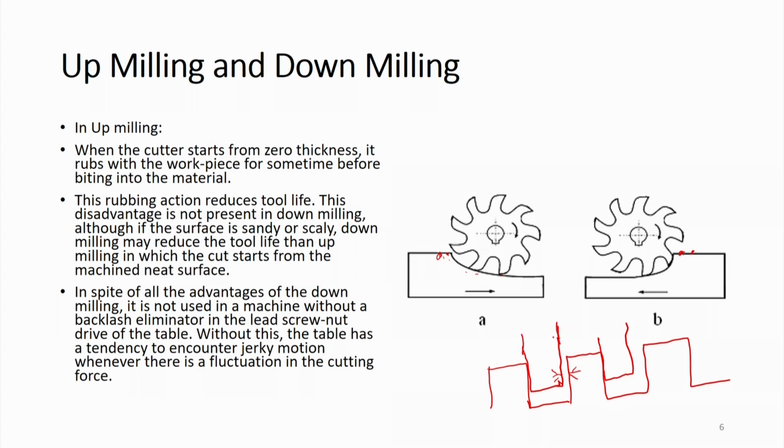Assume that the nut is forcing the screw and it is just moving like this. So, suppose contact is like this. But then suppose you suddenly reverse the direction, then you have to move this much distance, and that is called lost motion. So, whenever there is a reversal, that type of problem will be there. So, that is called the backlash phenomenon.